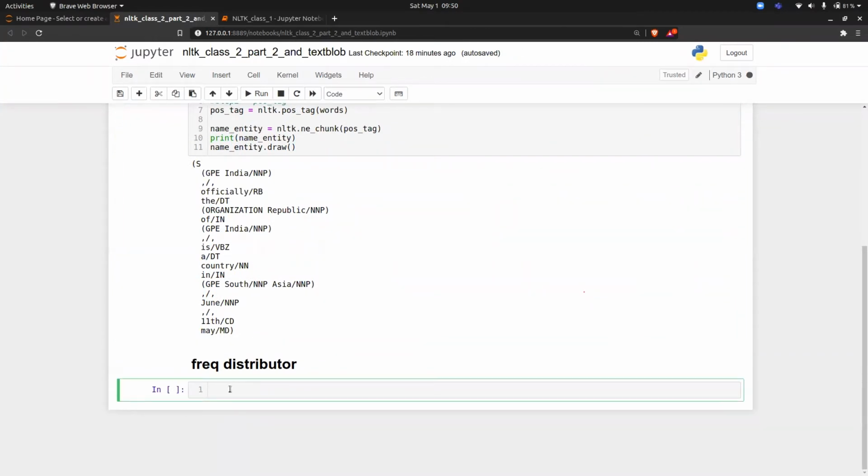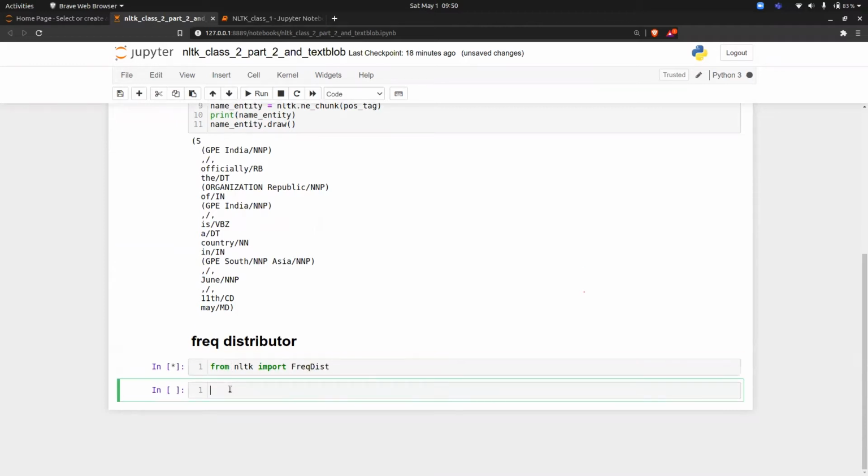To do that, the first thing you have to do is import the library, and the library is NLTK. Import the thing called FreqDist. If I'm not wrong, this is the library, and let's see.